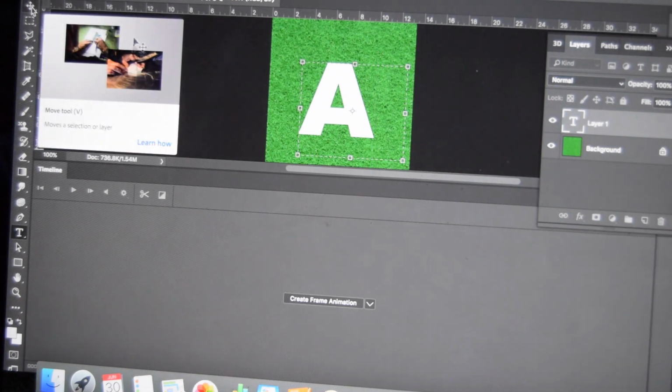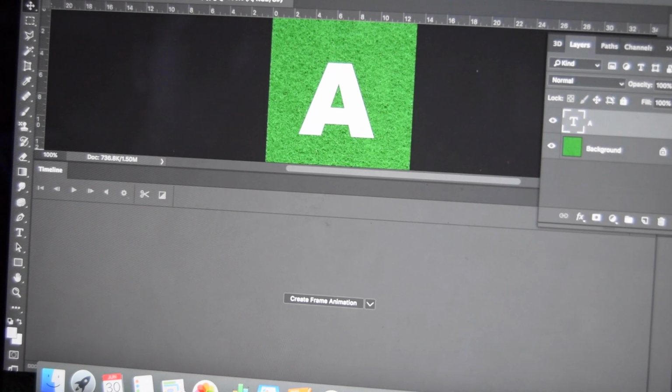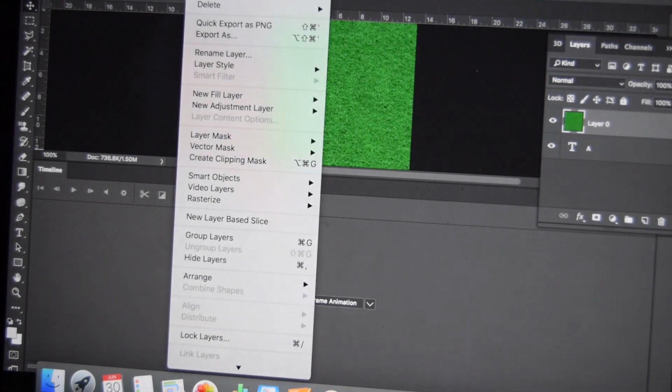So I'm going to go on the move tool, and then you need to turn the background layer off, and then you need to drag the layer 0, which is your background layer, at the top above the letter A, and then you need to go to layer,